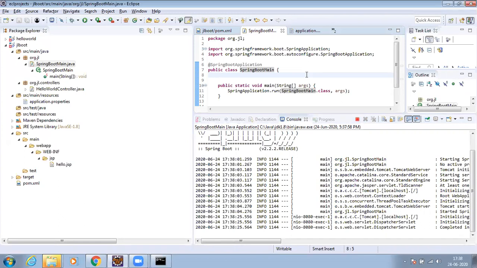If you don't use Spring Boot, we have to do many things. We have to define the view resolver, we have to write the dispatcher servlet, we have to write XML to define the beans, and all these will be very complicated. So with the help of Spring Boot, we can write a simple application within 5 minutes, right? Hope everything is clear. Now I will show you